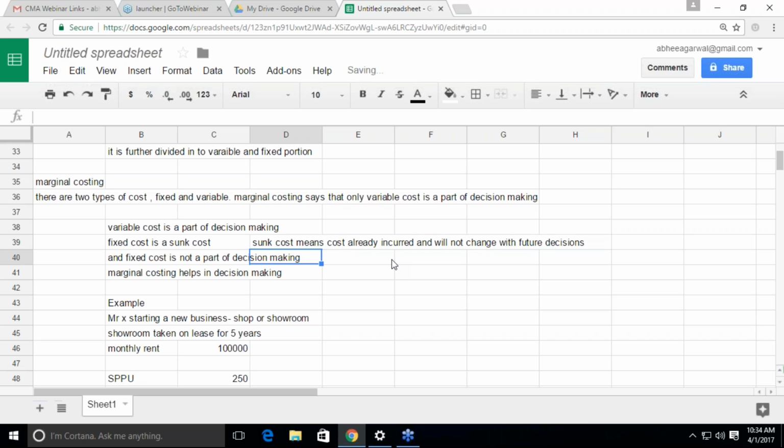Fixed cost will not change with future decisions. Fixed cost is not part of decision making, and marginal costing helps in decision making. In every sum we will do, we will find out that marginal costing helps in decision making. We will definitely work on that. Now,